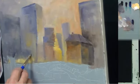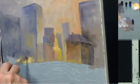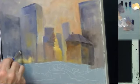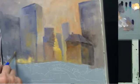Just mix this up and get some colors that look like trees. Now I'm getting very abstract tree painting back here. I don't know. There's not a whole lot of green in this. I don't even think I want much green, but there's